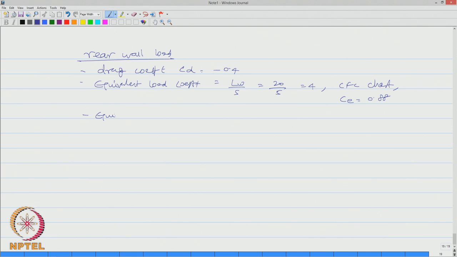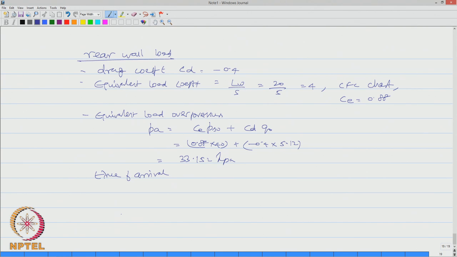So, I can now work out equivalent load overpressure, which is given by Ce of PSO plus CD of Q0. Ce is 0.88 and PSO is 40 plus minus 0.4 into 5.12, which gives 33.152 kilopascal,